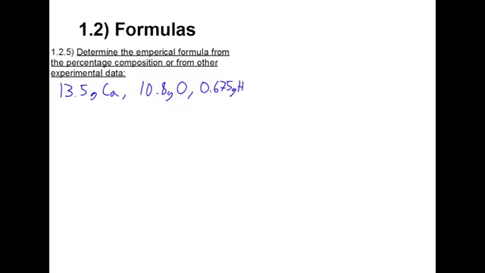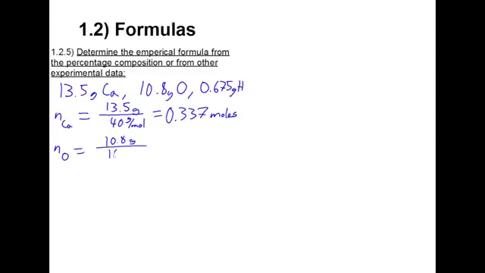So, to determine the empirical formula, we'll first write it up as finding out the number of moles of calcium, which is then equal to 13.5 grams divided by the atomic mass for calcium, which is 40, and that is 0.337 moles. And then the number of moles of oxygen, that's 10.8 grams, which we know from the experiments, divided by 16 grams per mole, which is equal to